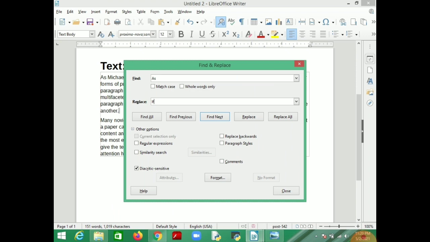This pop-up dialog box will open. Find whatever you want to find, write in the upper text box.